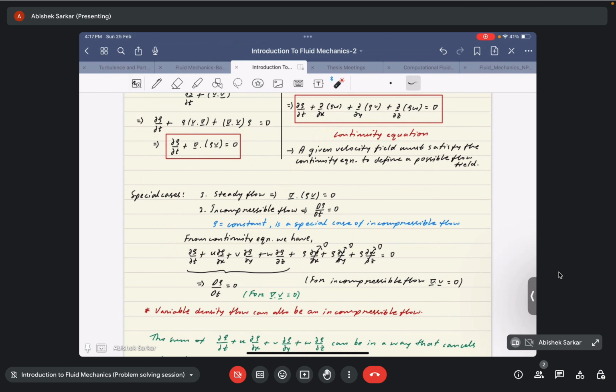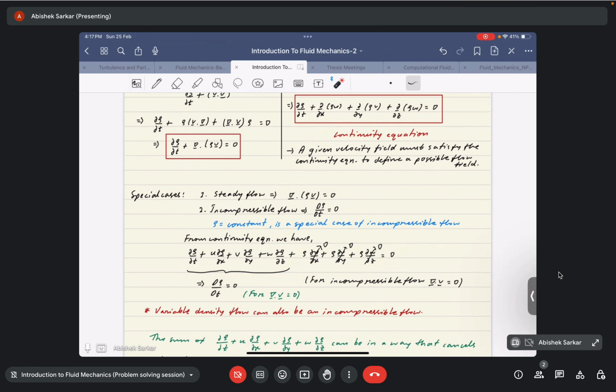And for an incompressible flow, we know that nabla dot v is equal to 0, so these terms will go out, right? So we are left with dou rho by dou t plus u dou rho by dou x plus v dou rho by dou y plus w dou rho by dou z,